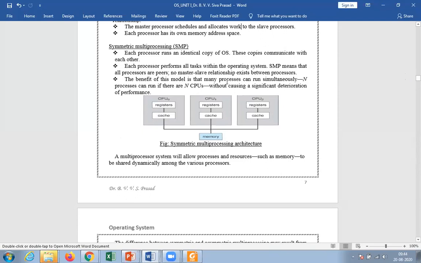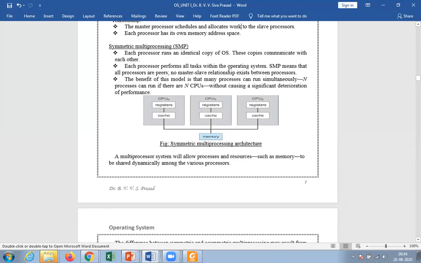Next, coming to symmetric multiprocessing. Each processor runs an identical copy of the operating system. In asymmetric, there are no identical copies, but in the case of symmetric, each processor runs an identical copy of the operating system. These copies communicate with each other.